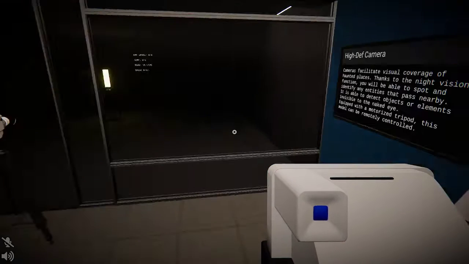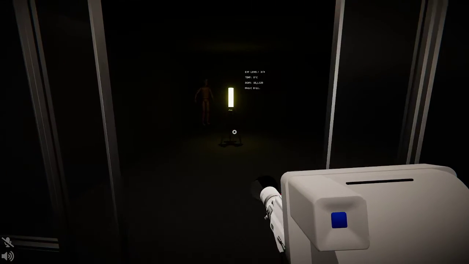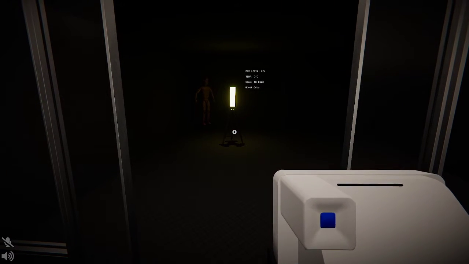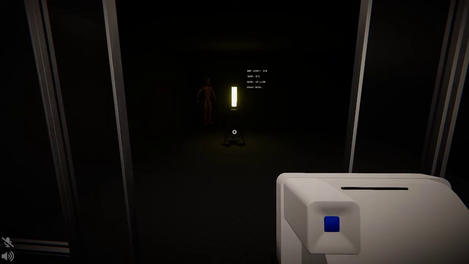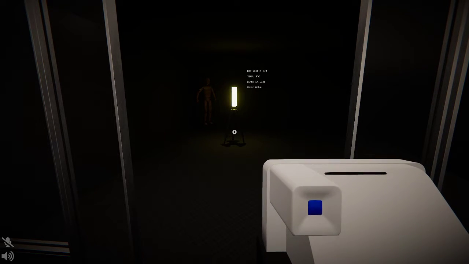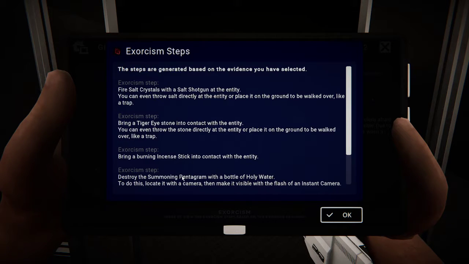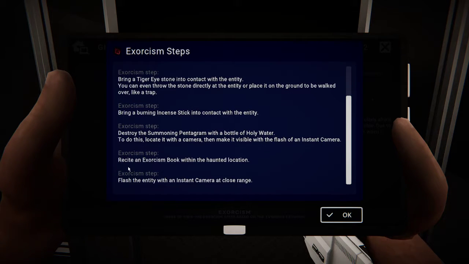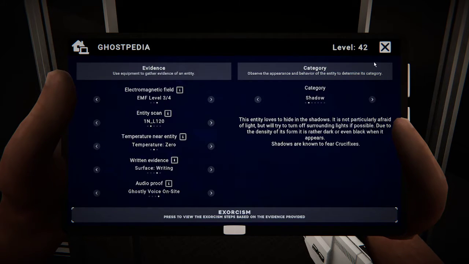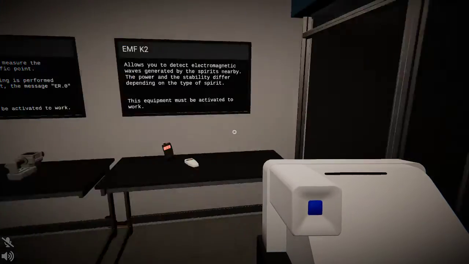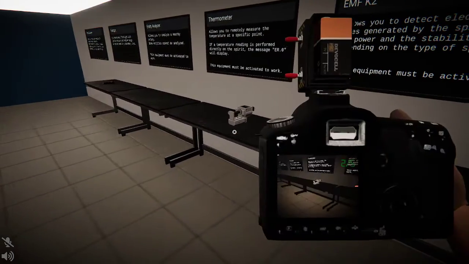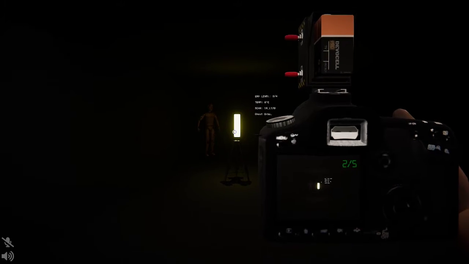These ghost orbs will only appear around what they call the dread origin. The dread origin is also known as a haunted location, as prescribed in the exorcism, where you have to recite the exorcism book within the haunted location. That's the dread origin. So you can take photos of the orbs, and you can also get points, which obviously is, of course,